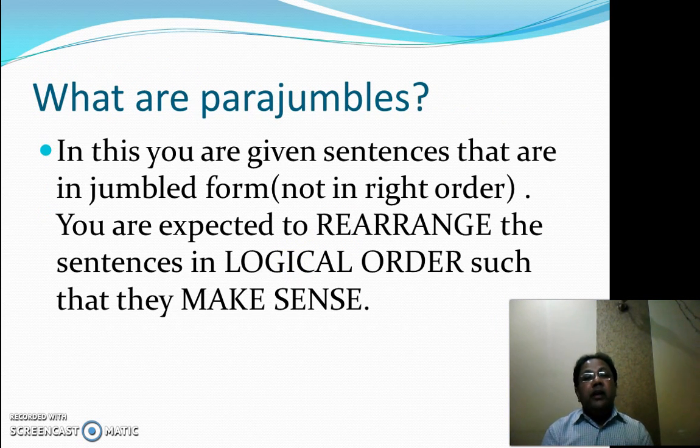by defining what parajumbles are. In this, you are given sentences that are in jumbled form. They are not in the right order, and you are expected to rearrange the sentences in logical order such that they make sense. The point to be noted here, my dear friends, is that you have to make it logical. It must seem coherent. There has to be a link between each of the sentences